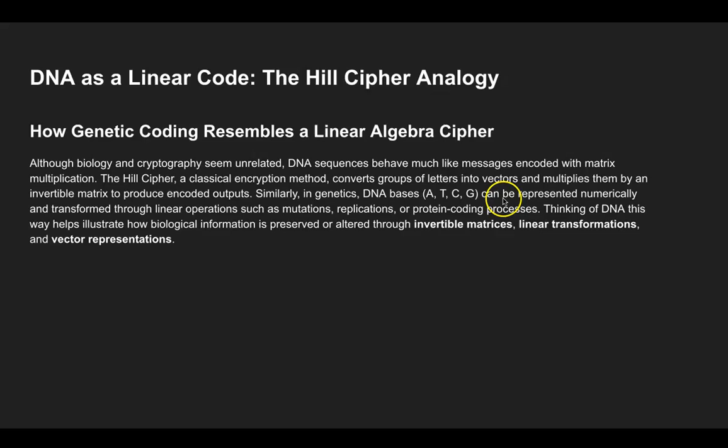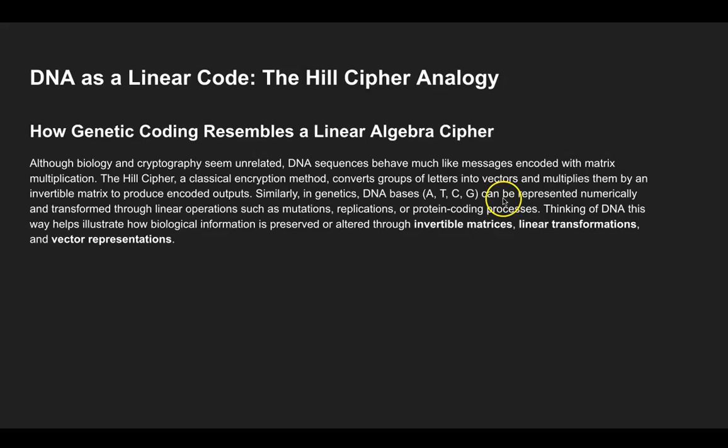DNA as a linear code, the Hill cipher analogy. How genetic coding represents or resembles a linear algebra cipher. Although biology and cryptography seem unrelated, DNA sequences behave much like messages encoded with matrix multiplication. The Hill cipher, a classical encryption method, converts groups of letters into vectors and multiplies them